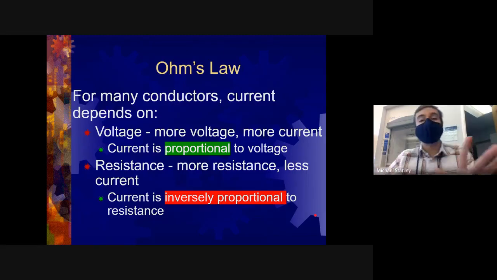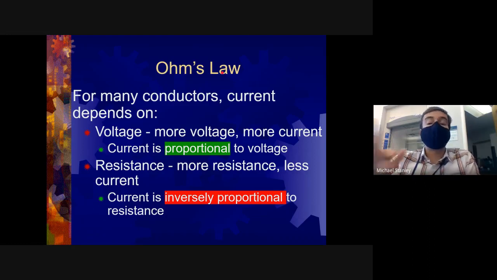So this leads us to another basic physics law. This one is called Ohm's law, named after the same guy who they named the resistance measurement after. So current depends on a balance between voltage and resistance. As you might expect, current and voltage are proportional to each other. They're directly related. The more voltage that you have, the harder you can push those electrons, the more current you're